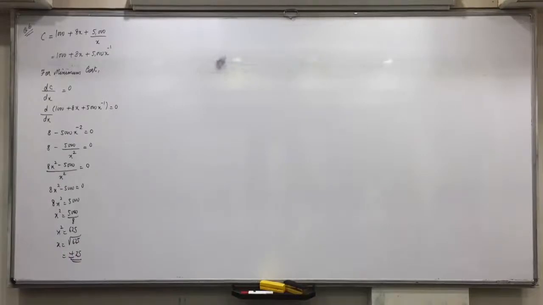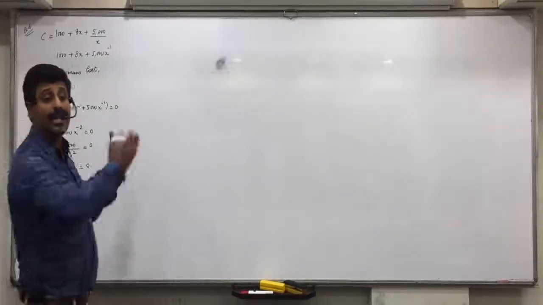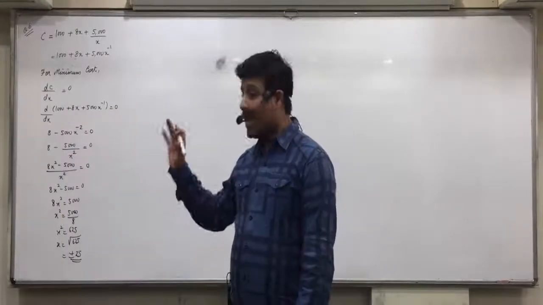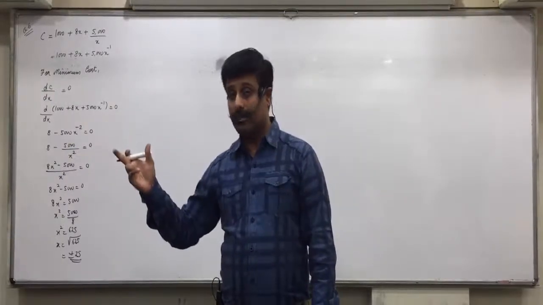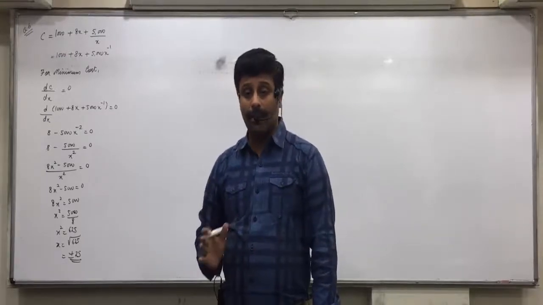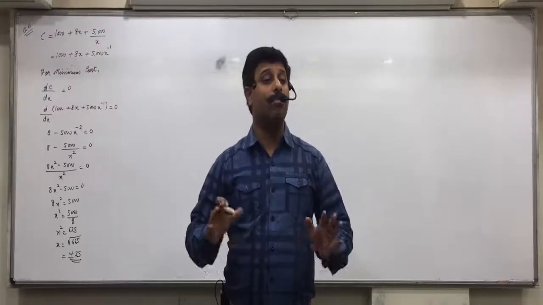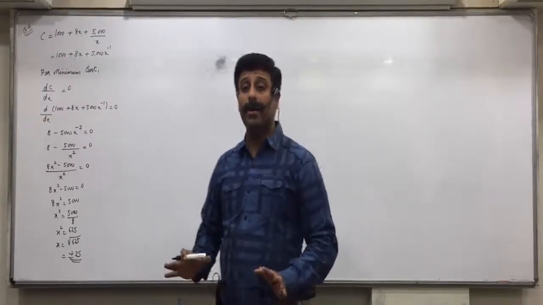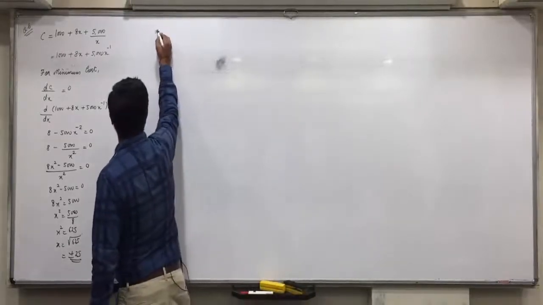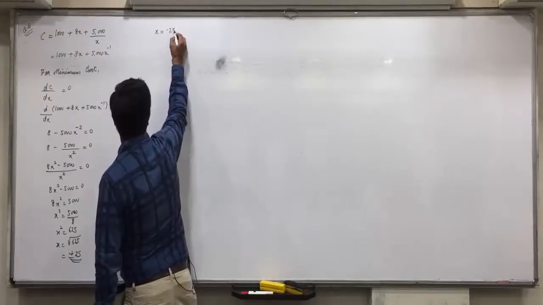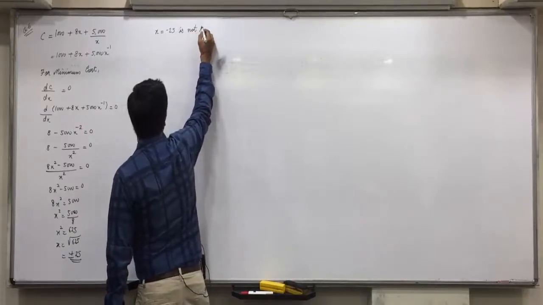Now listen everyone. In revenue and cost questions and profit questions, one thing is very beneficial. When you get two values, one positive and one negative, the negative is always impossible, because we are talking about production of units. So if, like in the previous question, we got both positive, then you have to try both the value substitution. But if one comes negative, then no need to try that, because that is not possible. Production cannot be negative. So instead we mention x equals to minus 25 is not possible,